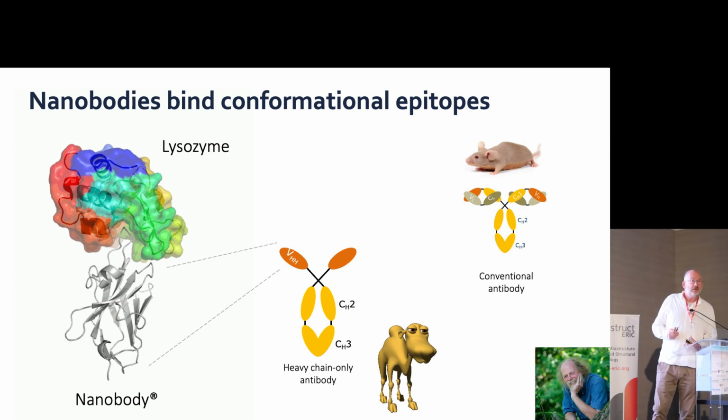What we essentially do is we are not using conventional antibodies built from heavy chains and light chains, but we use nanobodies derived from heavy chain only antibodies that occur in camels. This is in fact a discovery made in Brussels about 30 years ago, and we found out that these nanobodies, these single domain antibodies, are very useful in structural biology because they bind conformational epitopes. So you can use them to lock conformations of proteins, and that's indeed the feature we use systematically to look